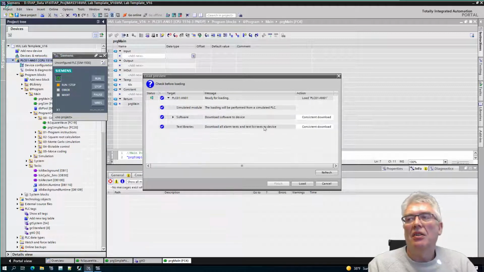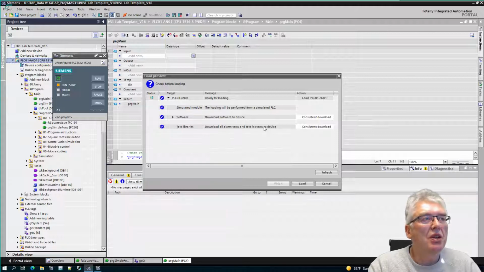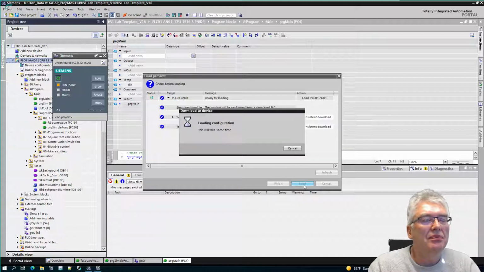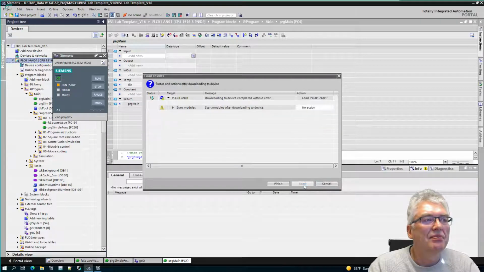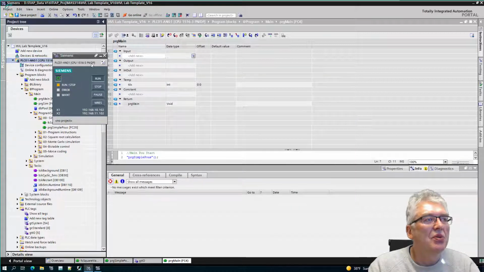Yes. If it's the first time the simulator is loaded with your program, you will get a different screen here where you have to select an interface, search up the CPU and so on, and then load your program. I've done this before. That's the reason why I get my CPU up and running. Okay, no action. I can select here, start the module, finished. Then the module is started. And to test this,